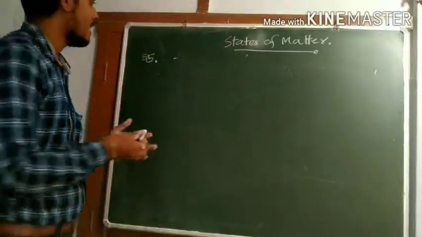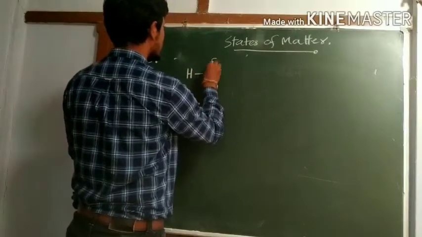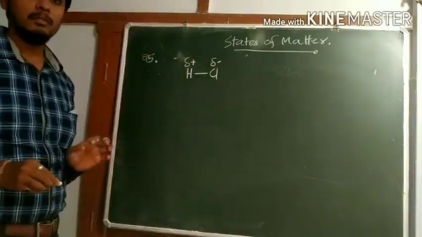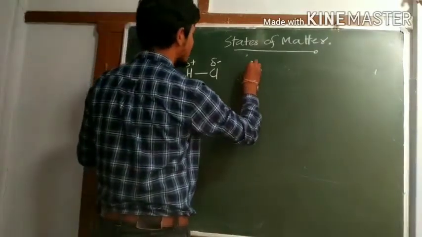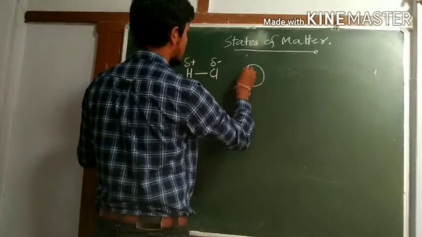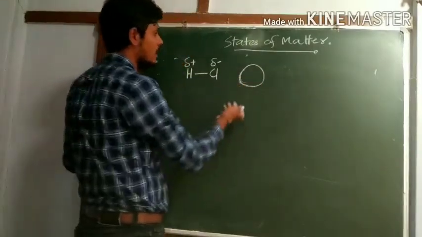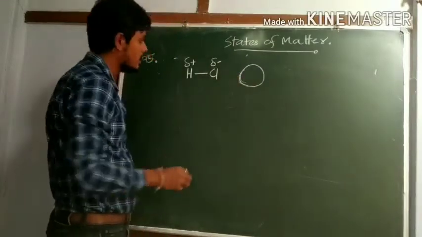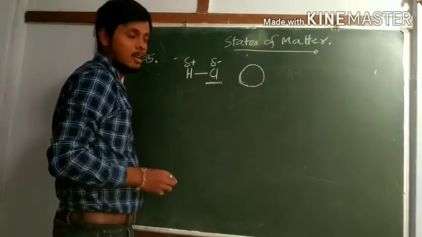Suppose I have a dipole, here Cl is delta negative, hydrogen is delta positive. So what I do is I bring a non-polar molecule here. When these two come closer, the higher electron density in chlorine will repel